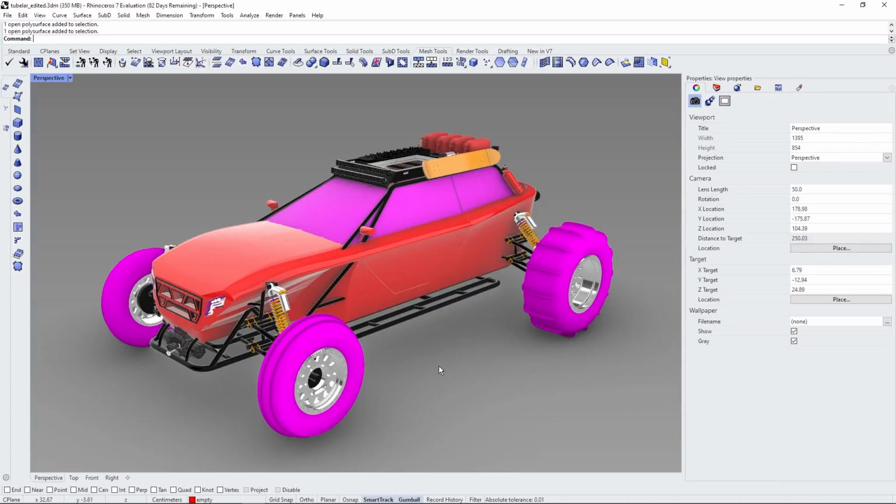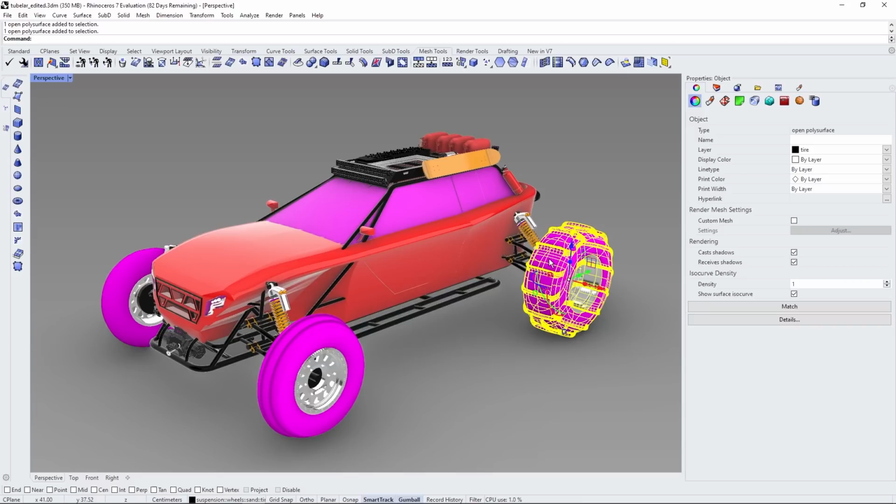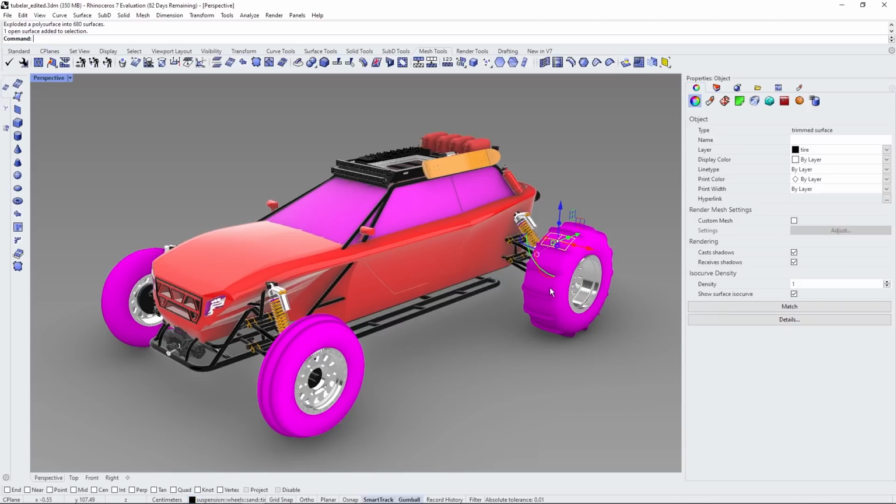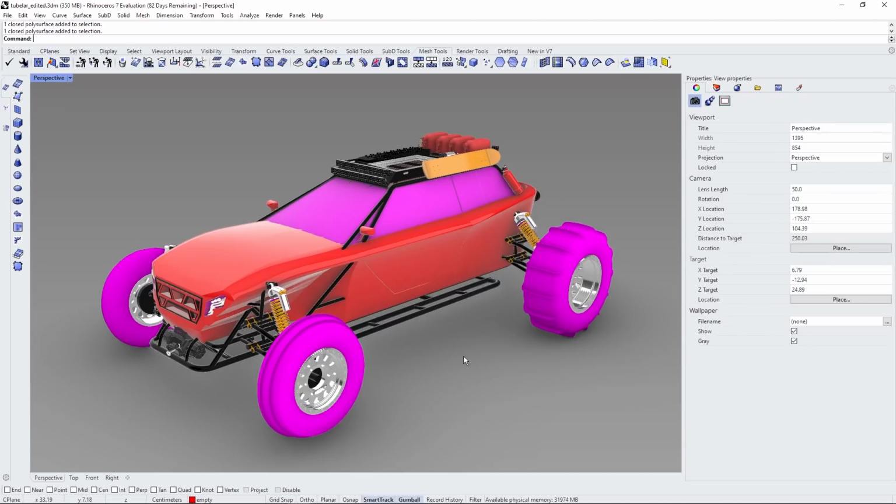One of the great things about Datasmith exporting from Rhino 3D is that it will export all types of geometry. So for instance, the tires here, if we go ahead and explode this, you can see that these are just patches basically. These are NURBS objects. Well, that's all we really need to look at here inside of Rhino.